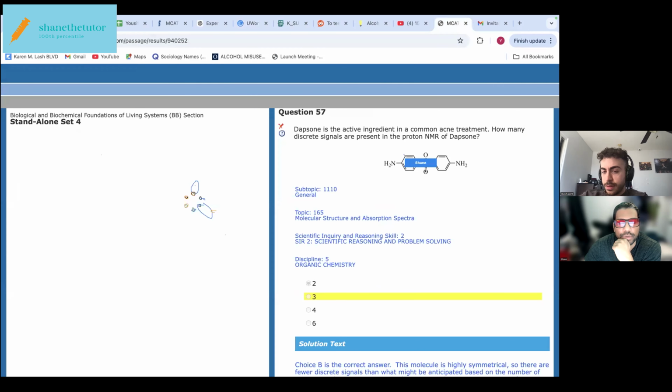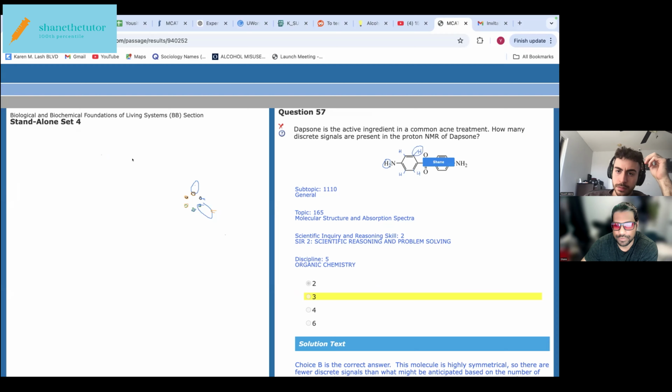So you could have a hydrogen there, here, here, and here, as well as these, right? So it actually is just like that other one because you actually have